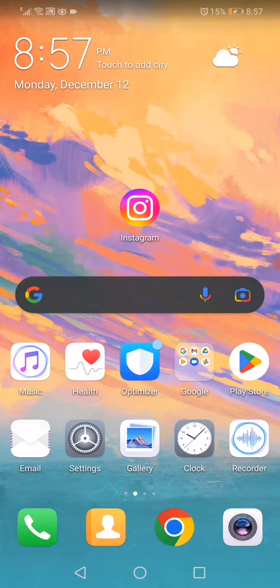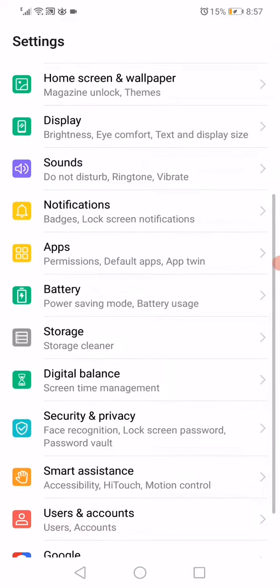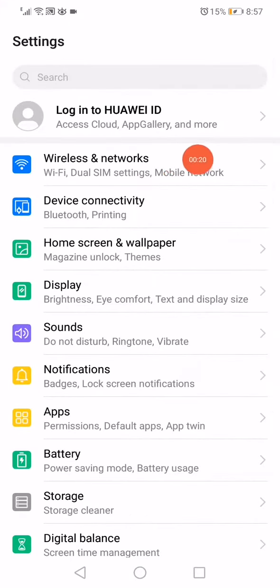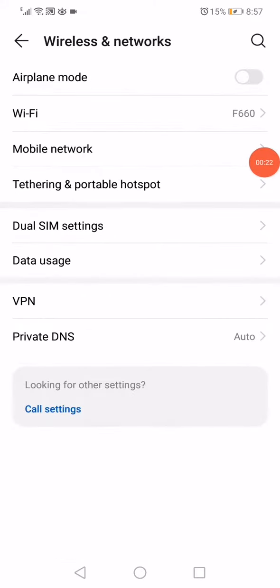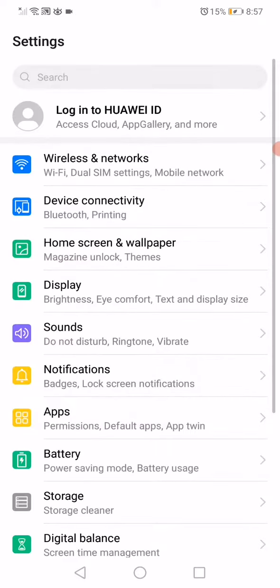I'm gonna show you how to fix this problem in less than 1 minute. So first thing you have to do is open the settings on your phone and then go to the wireless and networks. Now enable the airplane mode like this and disable it again, and now go back to the settings,